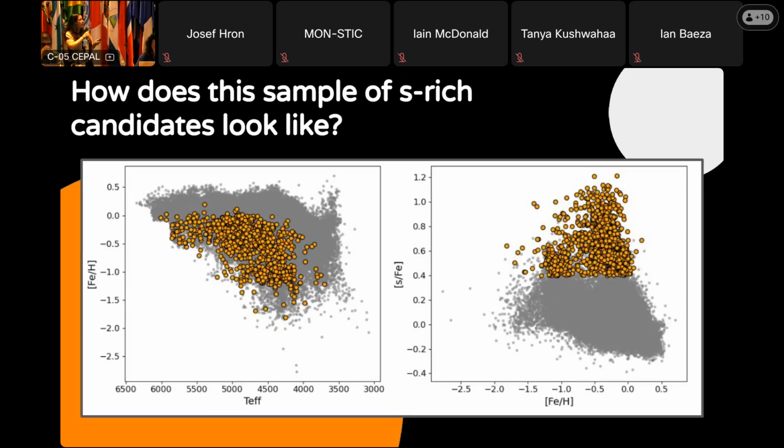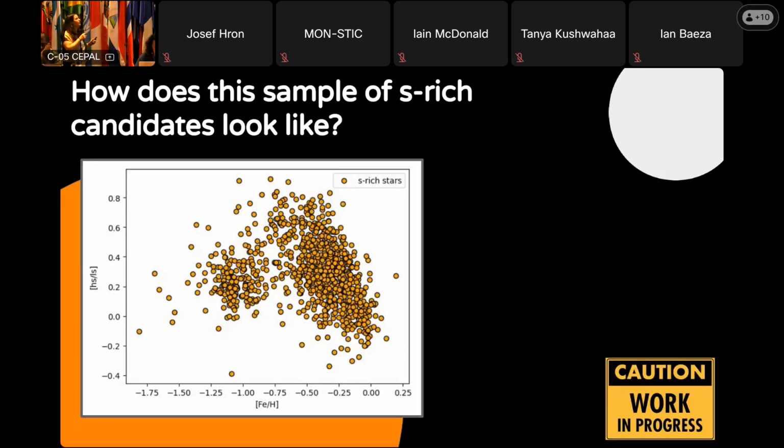So that's the catalog in the metallicity temperature parameter space. Something I liked to see is that I do not find many barium stars or barium star candidates with positive metallicities. I put no cutoff there, but that's what the s-process models are telling us that I should find, right? So that's a good sign. And here you have the s-process overabundance distributed as a function of metallicity. I'm looking at Sophia. I was hoping for a warning, but am I doing well in time? 6 minutes. Oh, okay. I'm speaking much faster than I thought.